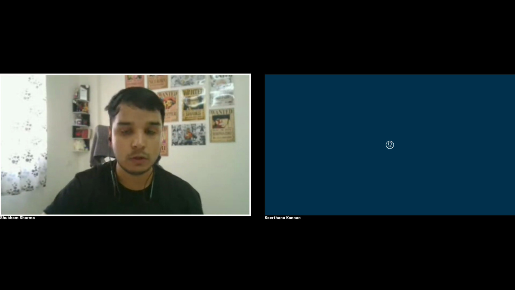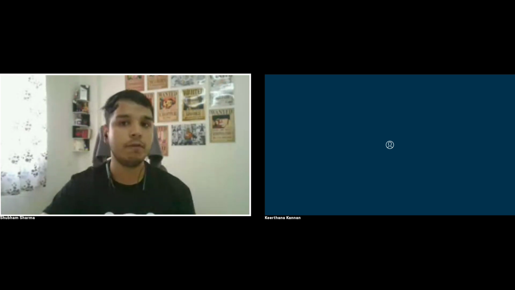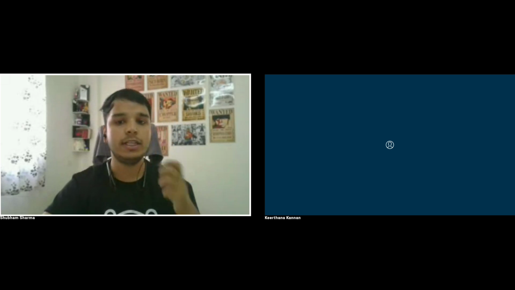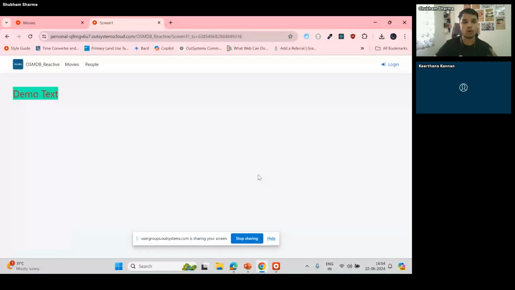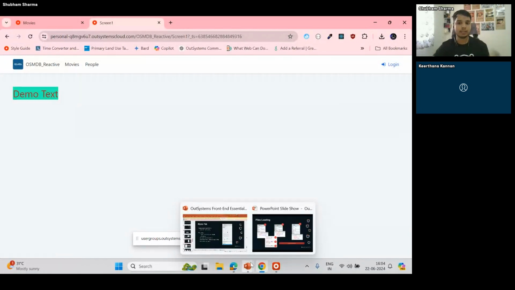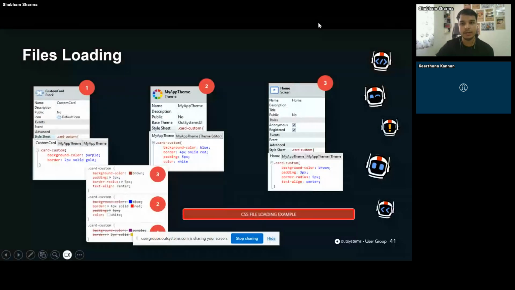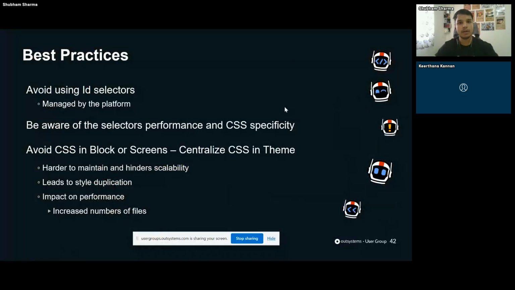Okay, it is also very important, let's say in future, if we prepare for certification also, this will be one of the key topics from which you can expect some questions around it. Okay, so screen level CSS is going to have the highest amount of precedence. If we talk about some of the best practices that we should follow